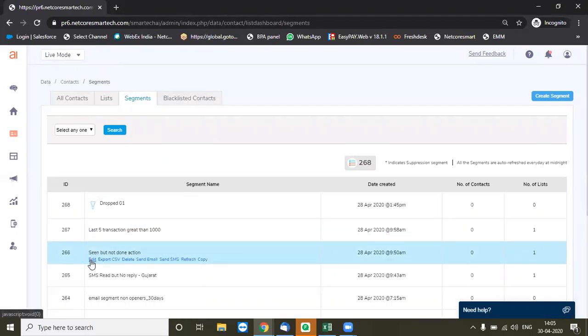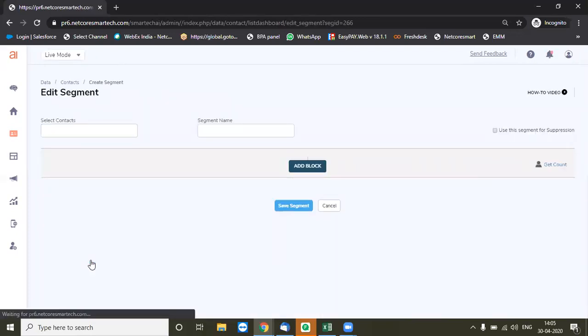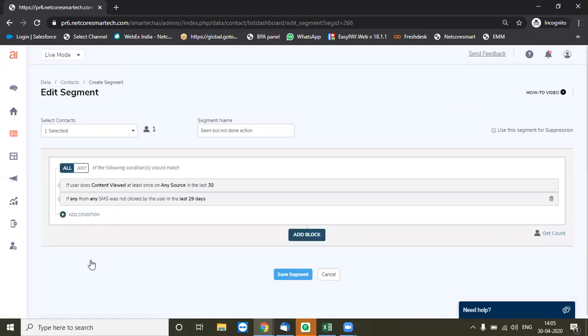So, for example, people who belong to a particular location, who have interacted with your emailers in the past, or who have gone to your website and did some product search, or did some registration on the website, or they might have clicked on any email or SMS link that you have sent to them. Like this, you can create those segments, and of course, you can also make it further advanced with some smart attributes like dynamic location or preferred channel of the customer.